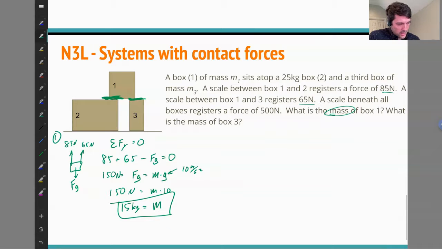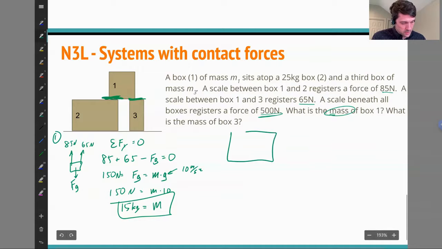Now I'm told that the scale beneath everything reads a force of 500 newtons. So I'm going to consider this entire system. I've got an entire system which I'm going to lump together as mass 1, mass 2, and mass 3. And all together, a force of 500 newtons is registered by the scale. The scale is beneath this whole system, so that scale is applying an upward force of 500 newtons, which tells me that